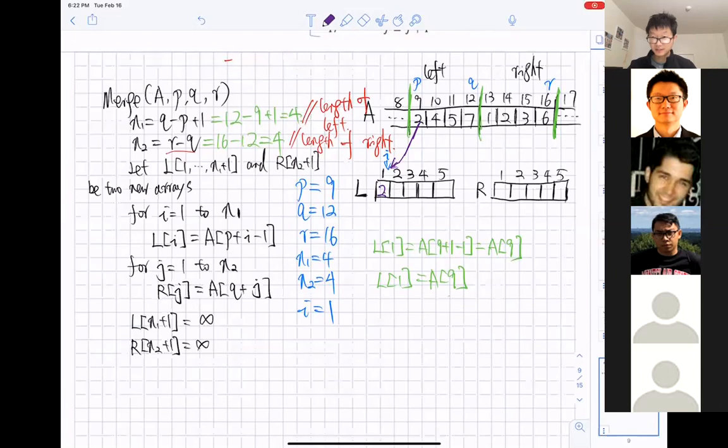After we finish this statement, we go back to the for loop and increase I by 1. So now I becomes 2. Then the statement on the left, we can rewrite it as something like this.